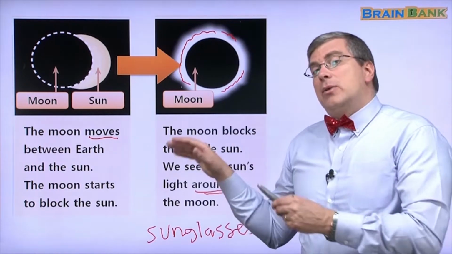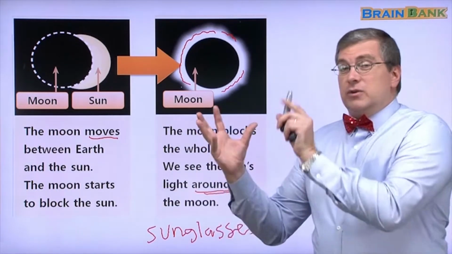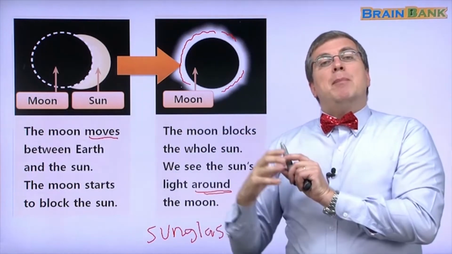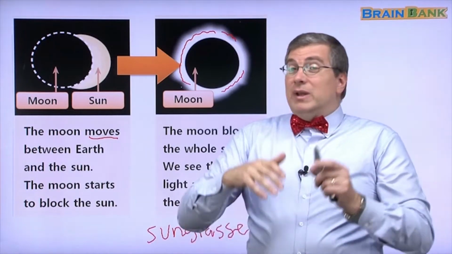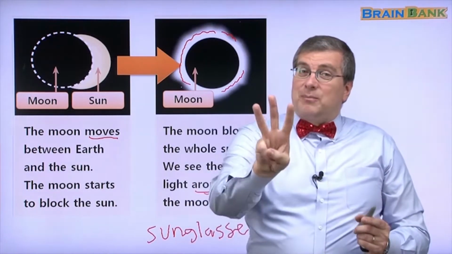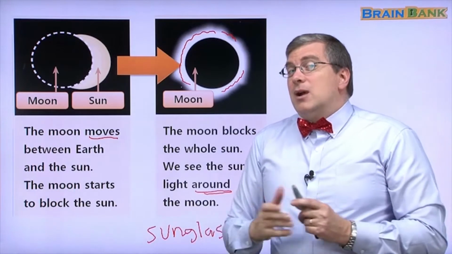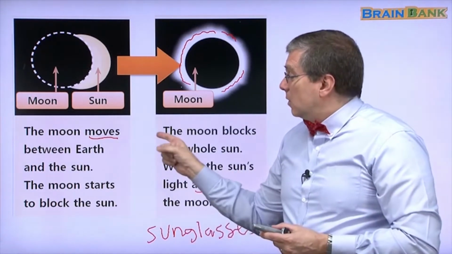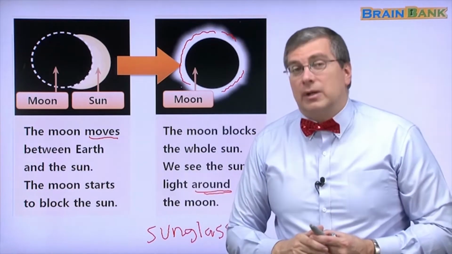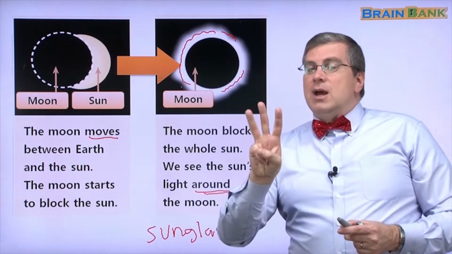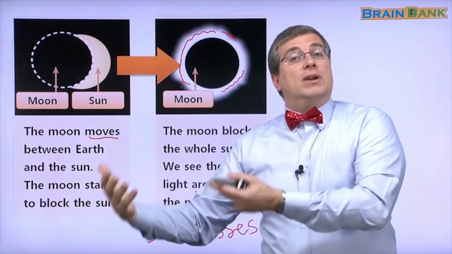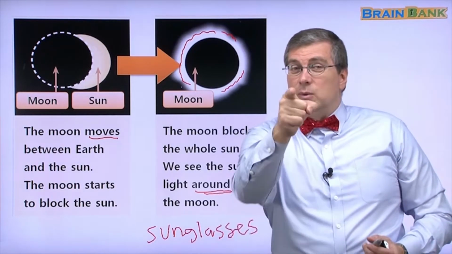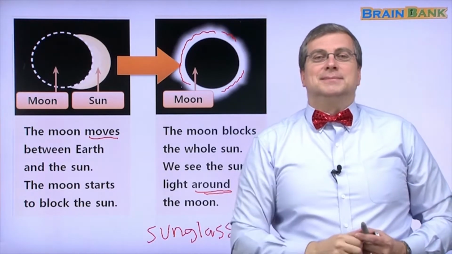Okay, so that's how they made an eclipse. They used a melon, an orange, and a flashlight, and they made an eclipse. We still have more to go. We still have part 3. In part 3, we're going to learn about a different kind of eclipse. Here we're talking about a solar eclipse. So let's take a break now. I will see you in part 3.